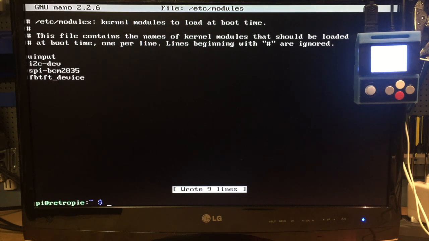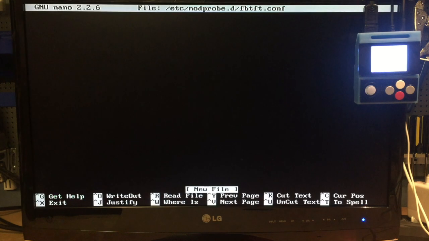And next step, for that FPGA TFT device, I will also add a configuration file in the modprobe directory. It's called fptftconf, and in that file I need to add a single line options for that module,